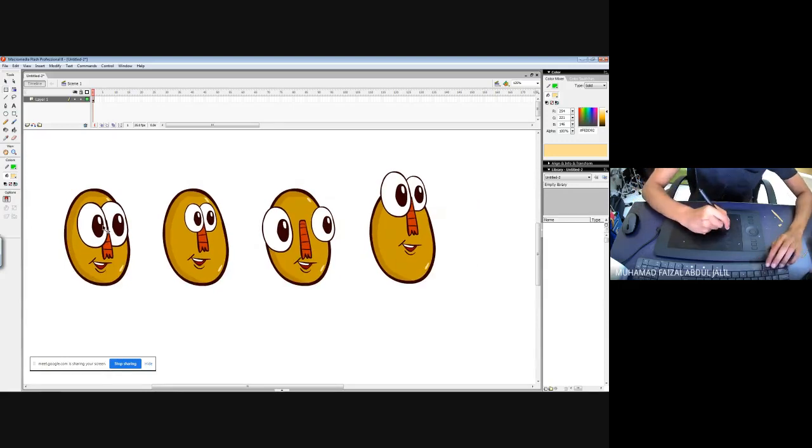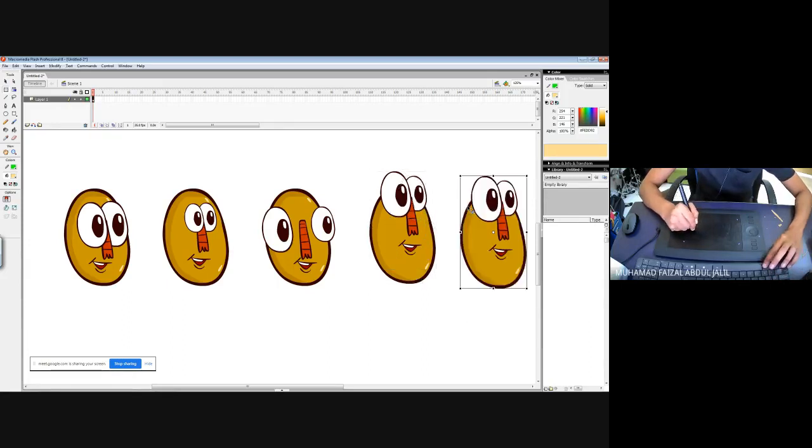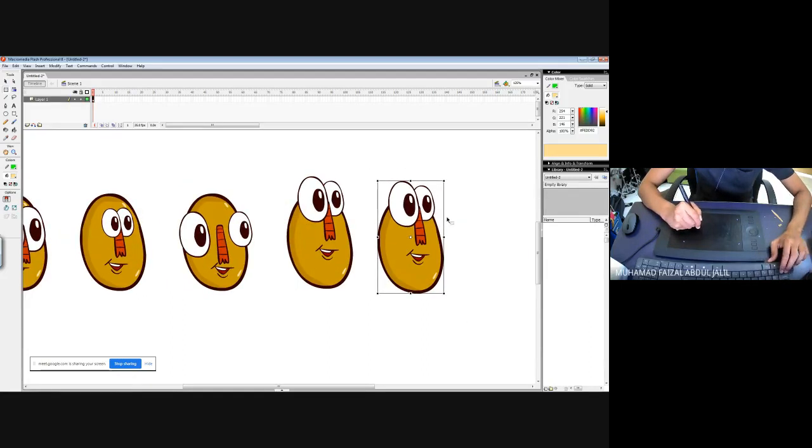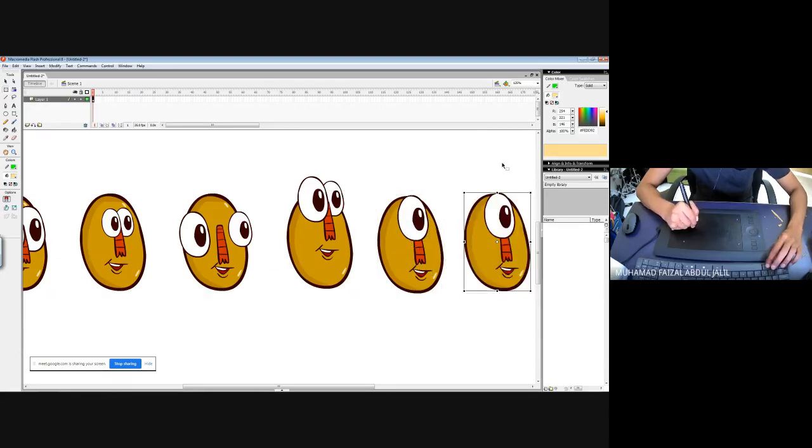From one single design, you can come up with different kinds of ideas. So this is the design process, guys. This is basically the design process that we can do.